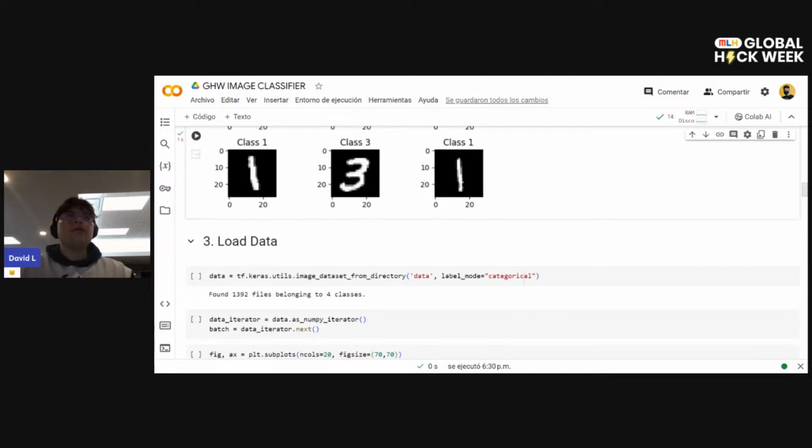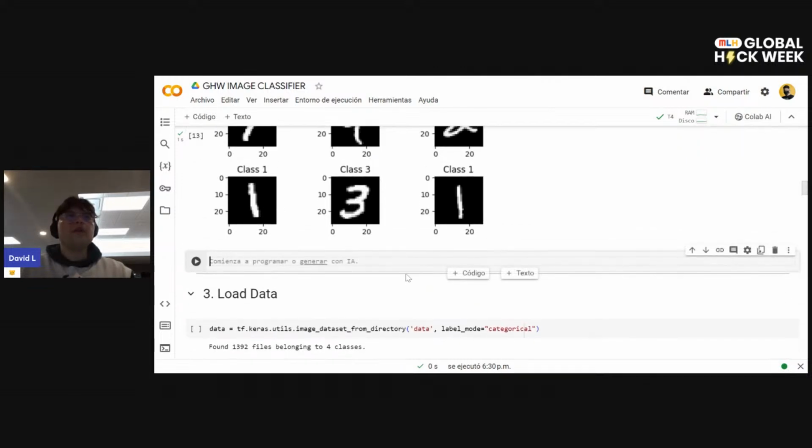So after doing this, we are going to create another code block. And inside this code block, what do you think we're going to do? The only thing that we're going to do is to start preparing our training data. So for doing that, the only thing that we need to do is to reshape the data that we have to something that our neural network can use. So for doing that, we're just going to create a new cell that is going to take the neurons that are